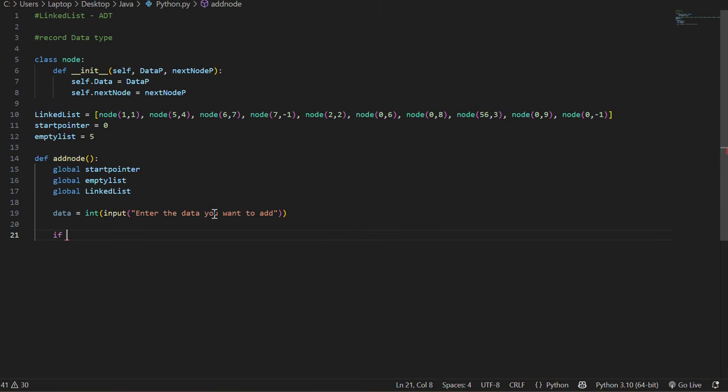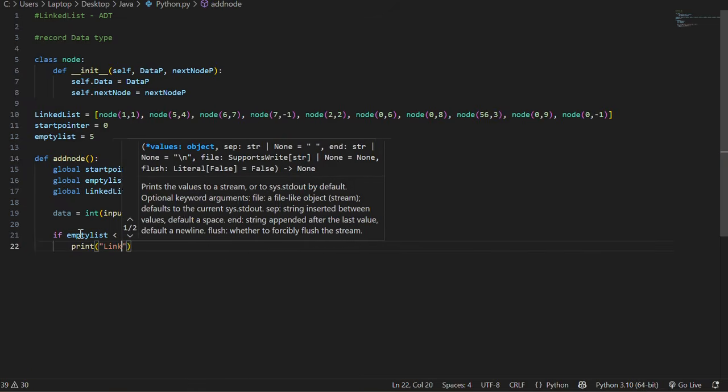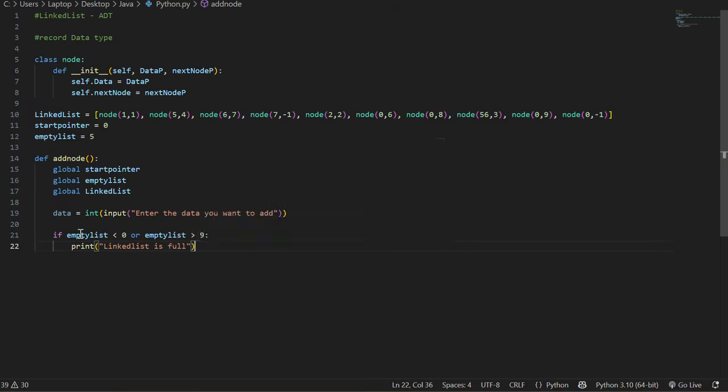Another thing we can do is check if the empty list is greater than 9, or greater than or equal to 10. Here you can see that we have 10 elements. So if our empty list is greater than 9 or equal to 10, this will show that it has exceeded the total number of indexes. So the two conditions we can put is if empty list is less than 0 or if empty list is greater than 9. We will print linked list is full. Else,